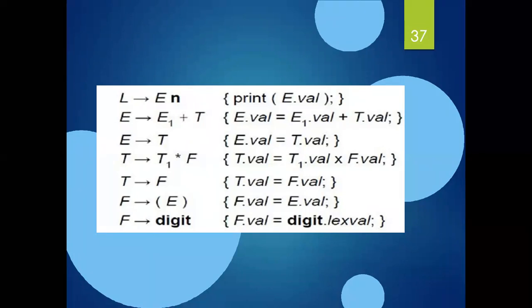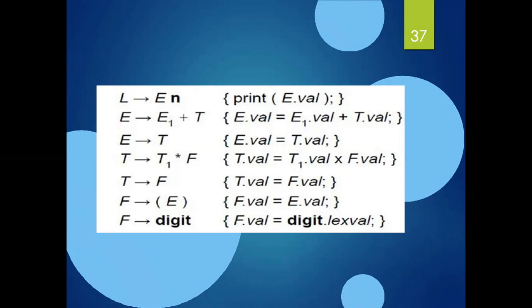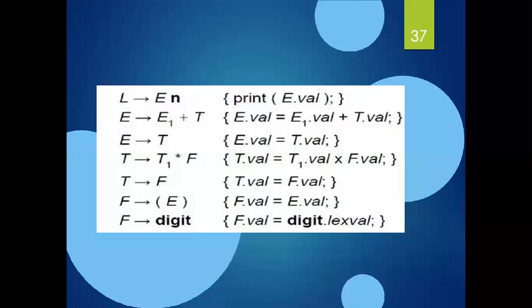During the process of parsing, the evaluation of attributes takes place by consulting the semantic actions enclosed in braces at the right of the grammar symbol. See what I enclosed here, only at the right of the grammar symbol. That means E1 plus T, T1 star F, and here we're not taking the parenthesis, just taking an E node, that is E, and finally digit with lexval, because always the digits are defined from the lexical analyzer. So we're taking from the lexval.